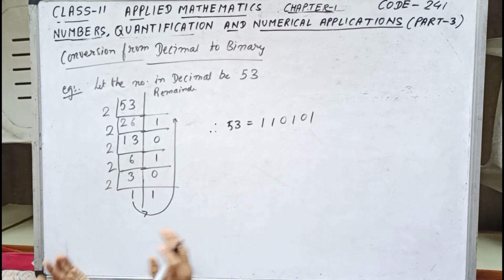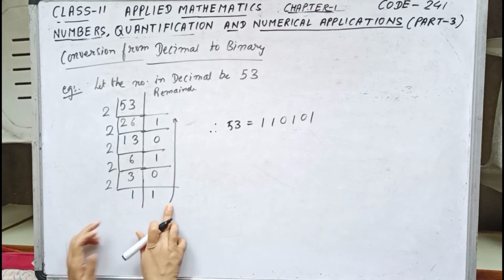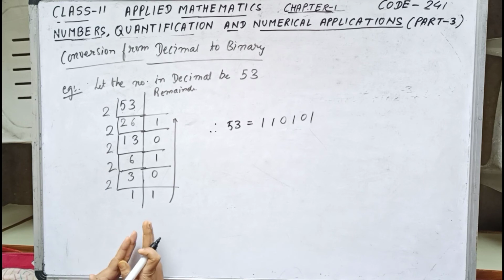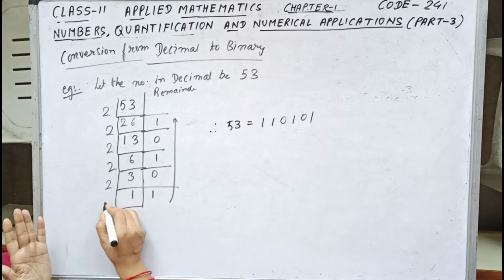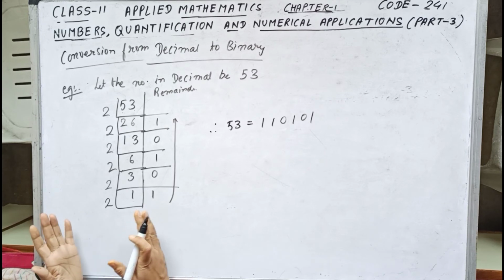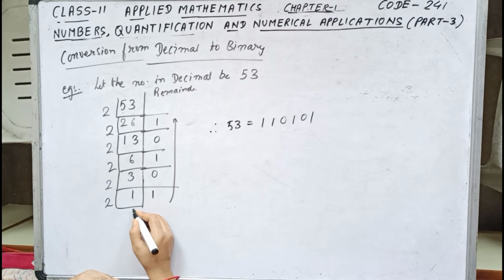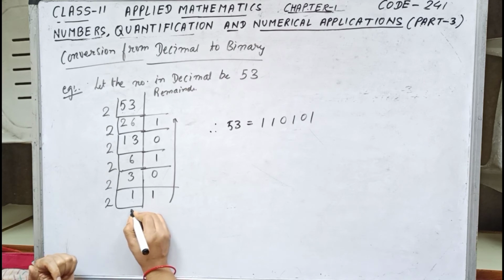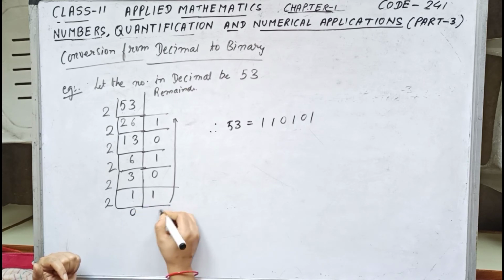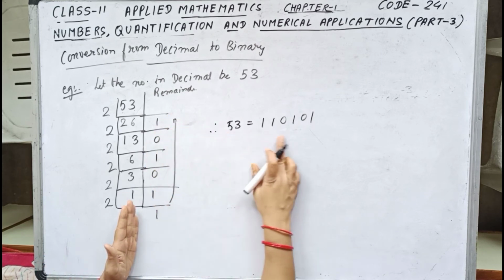I think you understand. Some of the books do one more division, that is over here they divide by 2, and over here it is 1, but that negative 1, that is remainder is negative 1, they consider it as 1 only. So over here they will be writing 0 and the remainder as 1. Then the same thing, it is 110101.